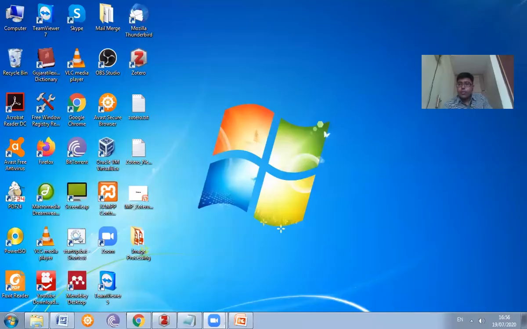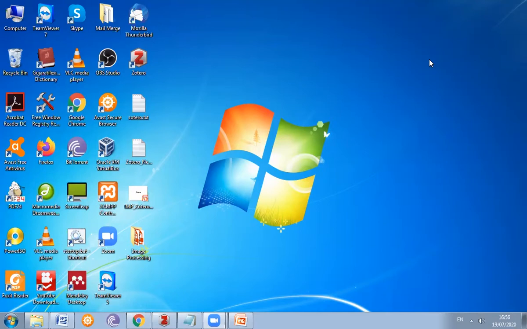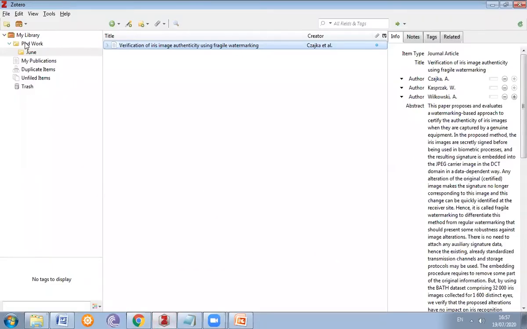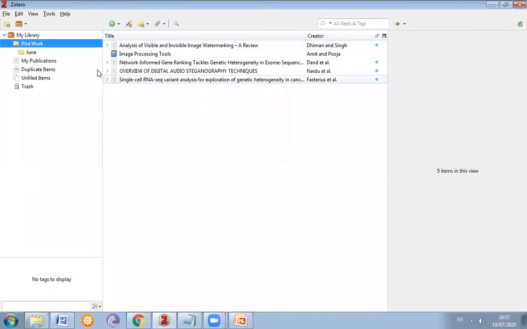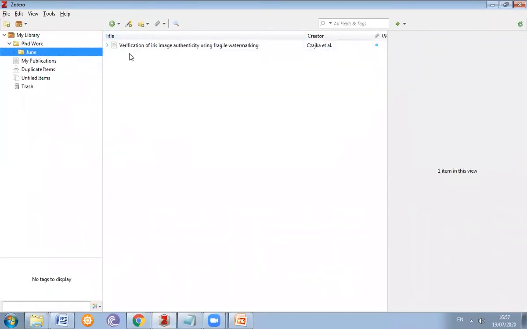To perform that task, you can see that we add different items in our Zotero library.